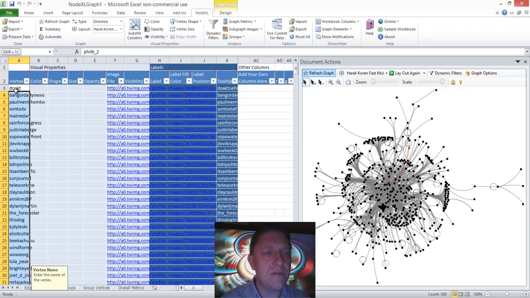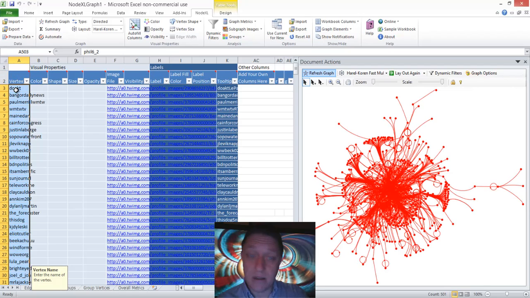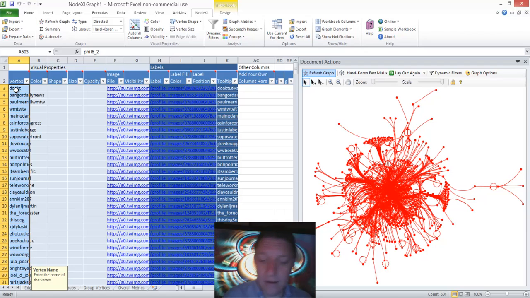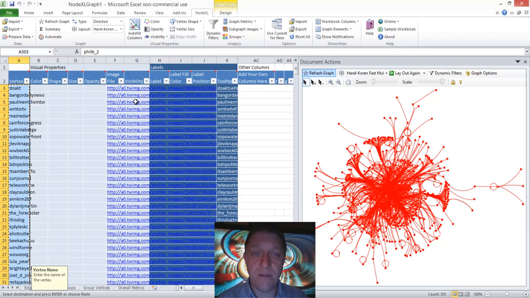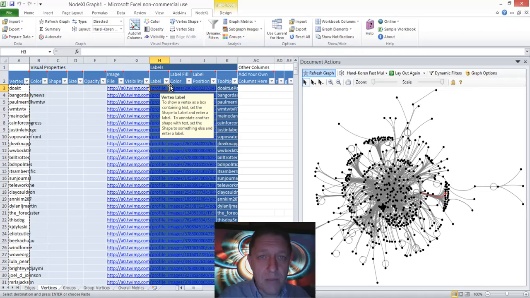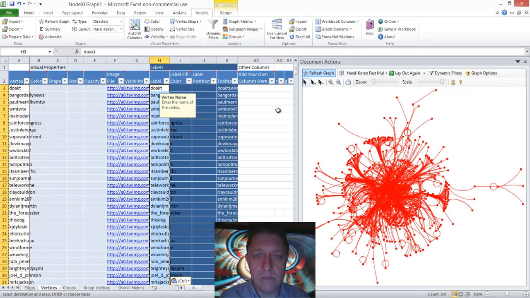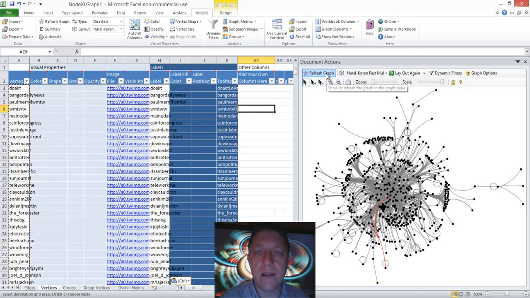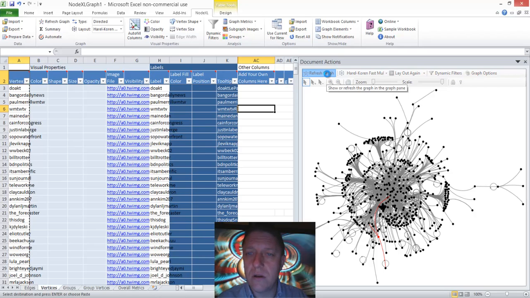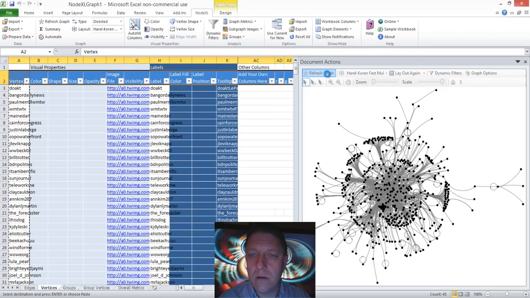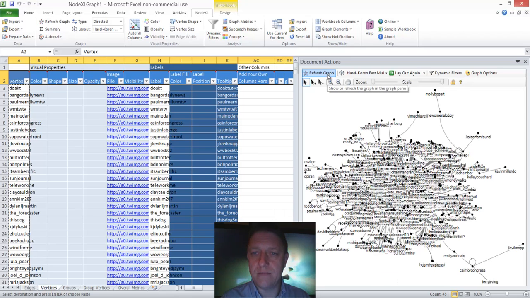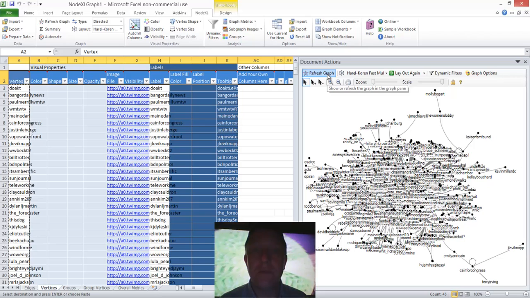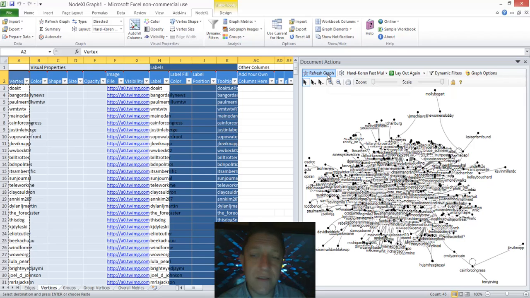I could take all these vertex names and I could select them by left-clicking and then dragging. Then I Control-C for copy, and I could head over to the label column and paste them all in. And I could say, well, I'm just going to look at all the names of all these nodes. And let's see what that's going to look like. Chaos. Absolute sheer chaos. Is this working as a visualization? Doesn't look like it's working for me.